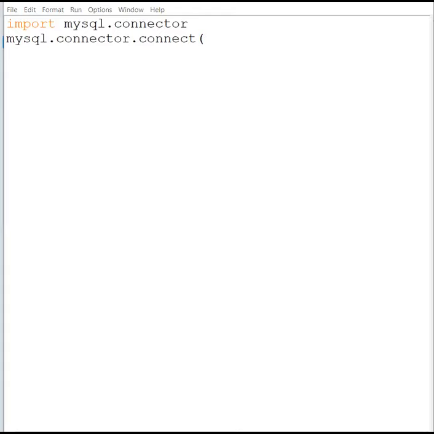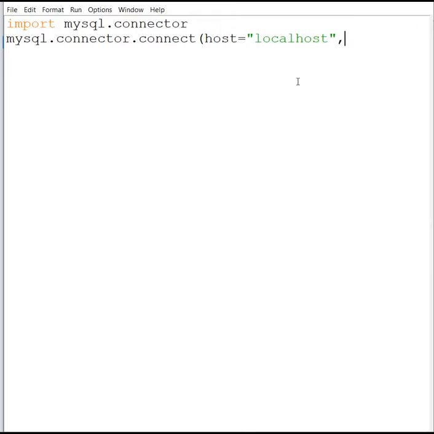The very first piece of information is the name of the host. Name of the host means basically where your MySQL software is available, whether it is in your own system or in a different system. Currently what we are doing is using MySQL in the same system. Therefore, the very first value, that is host, will be localhost. So I will be writing localhost here. It means MySQL is on the same computer.